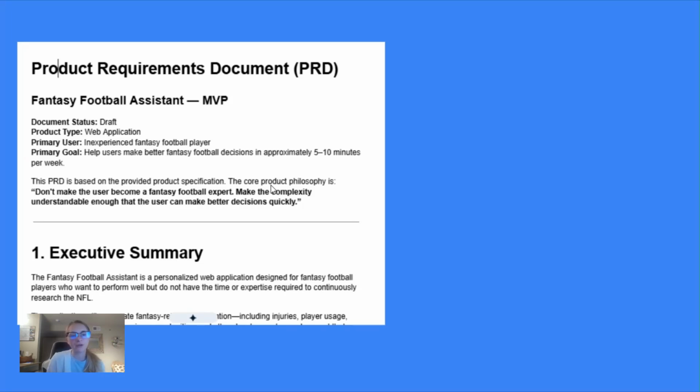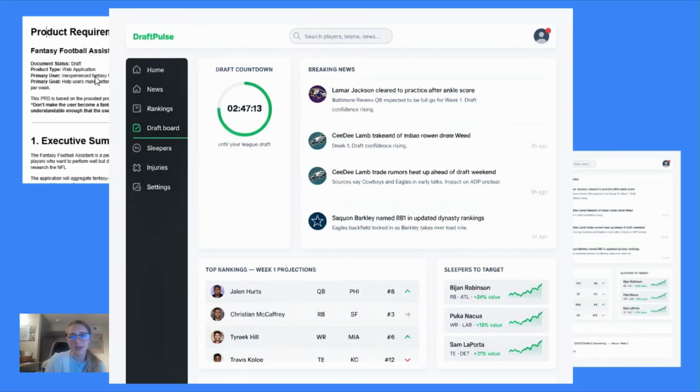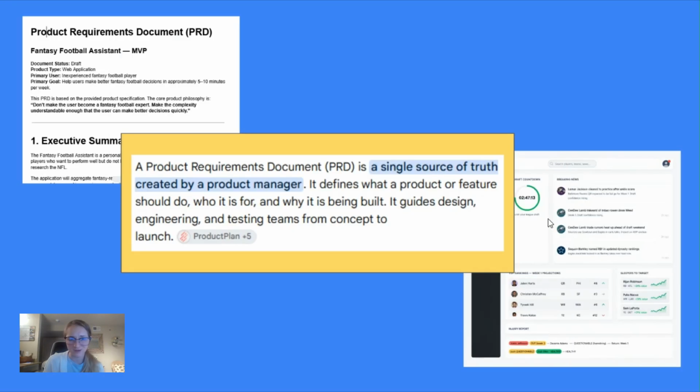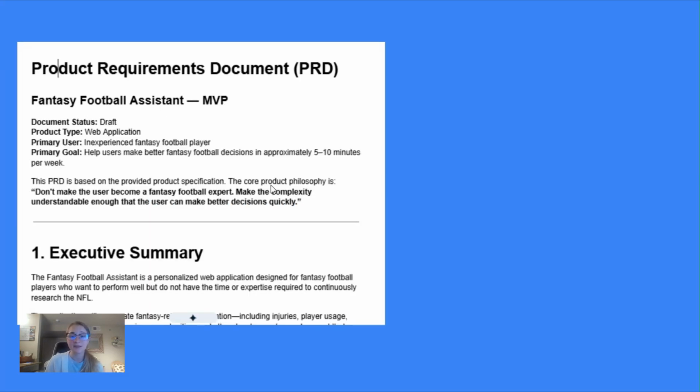You might be wondering, how do you go from this to this? And how do you make a product requirements document? So, a product requirements document, known as a PRD, is technically a single source of truth created by a product